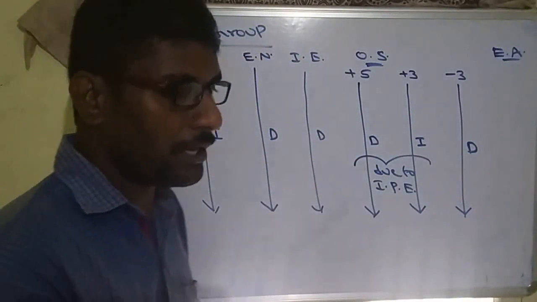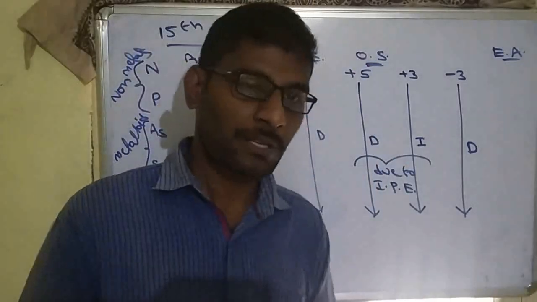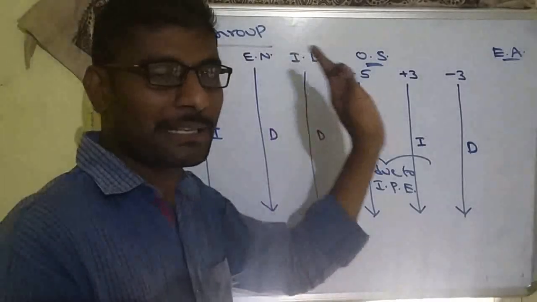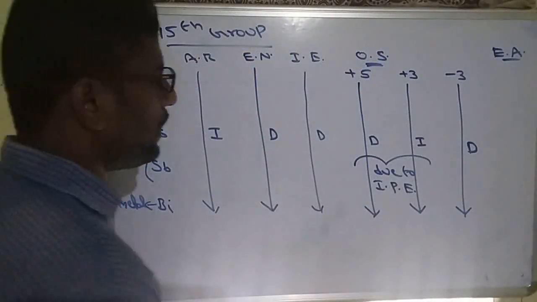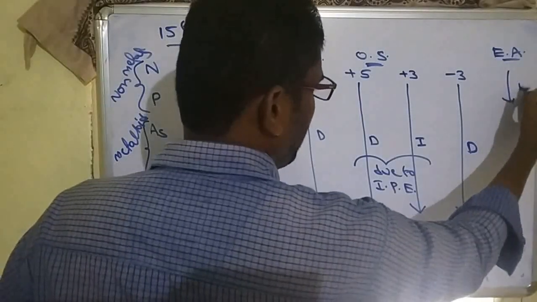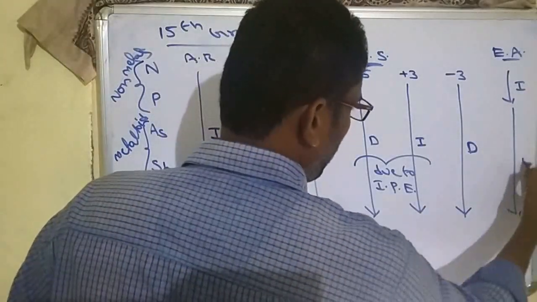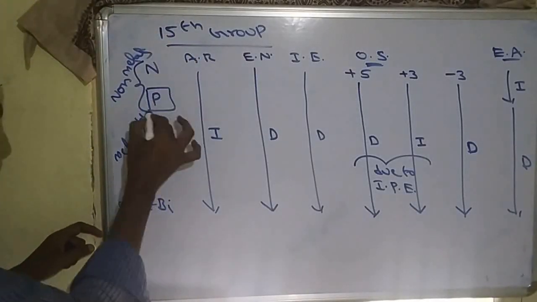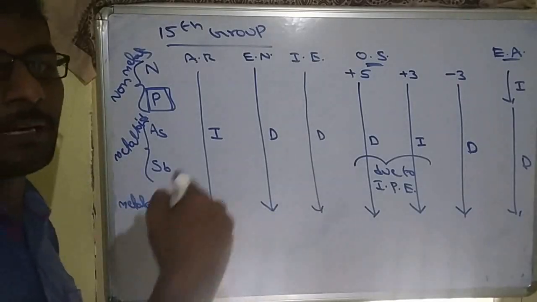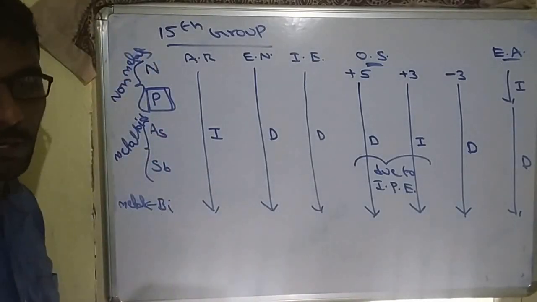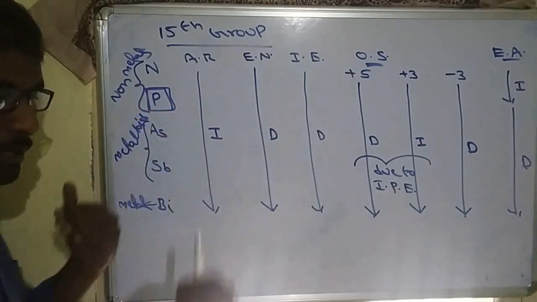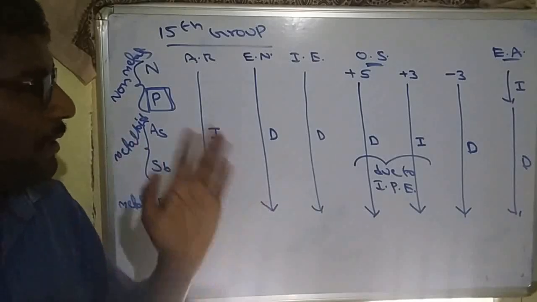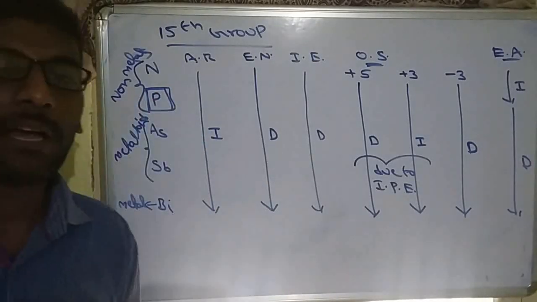Normally electron affinity decreases from top to bottom. But in 15, 16, 17, again I am telling, electron affinity increases from first to second element, and after that the remaining decrease. This is most important. So the second element, phosphorus, will exhibit high electron affinity, not the first element. Since the first element is small in size, nitrogen is expected to have the highest electron affinity, but experimentally phosphorus has the highest.